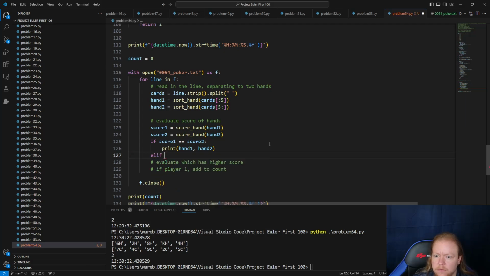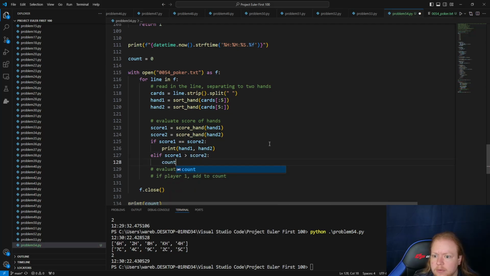Else if score 1 is greater than score 2, count plus equals 1, because we are counting